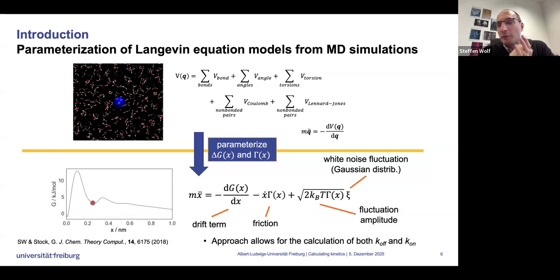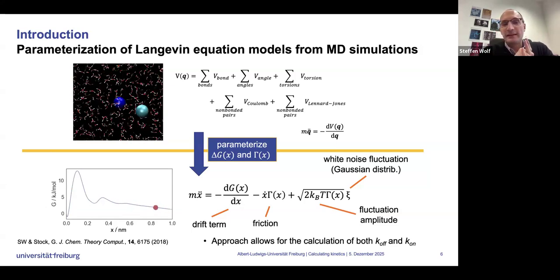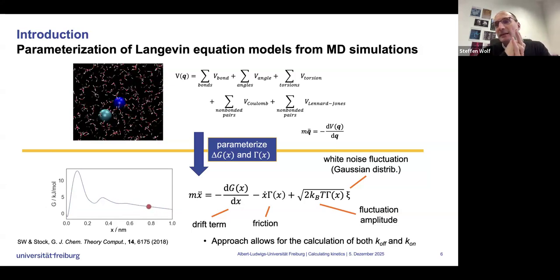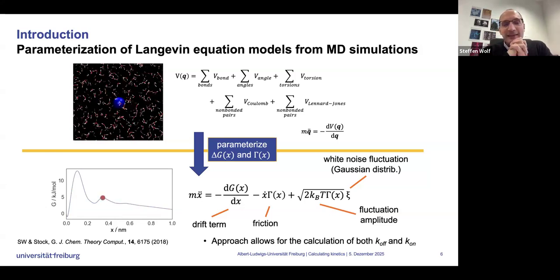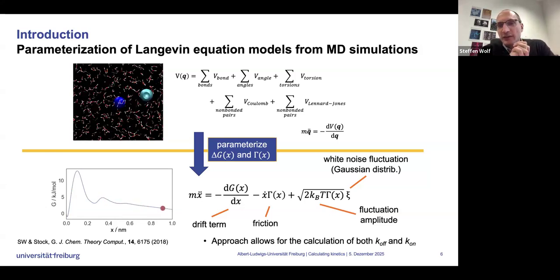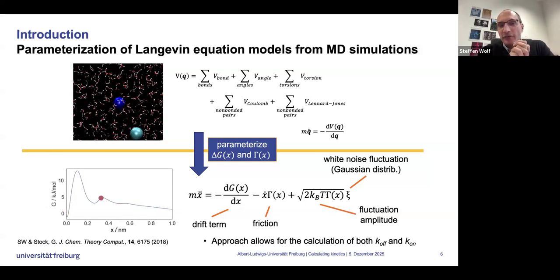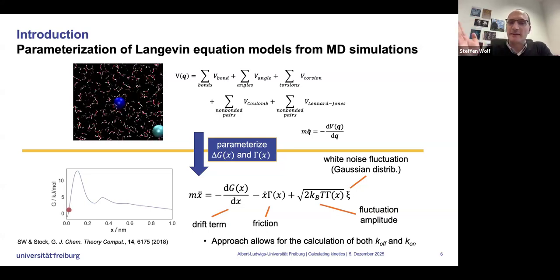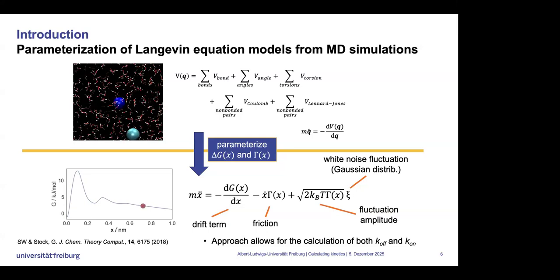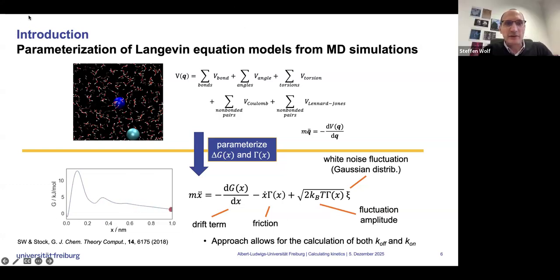For example, that would be the distance between the center of mass of a protein and a bound drug. And because we're pretty much only interested in the time course of how far the ligand is away from its bound state, and if we are just interested in the dynamics along this reduced